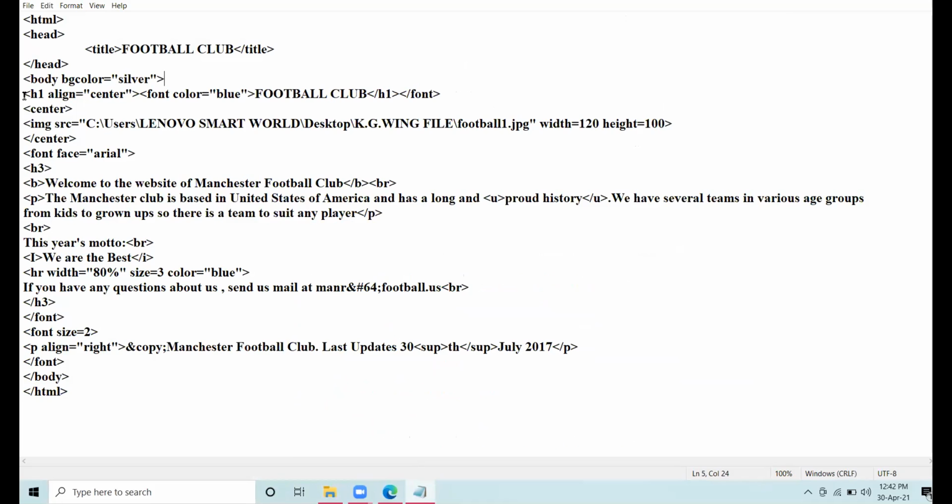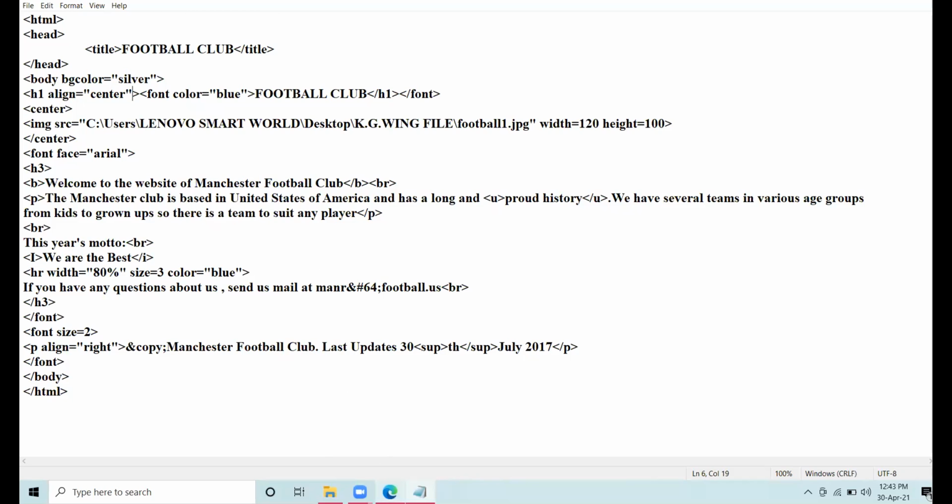All right. So I have taken the body background color as silver. You can take any background color as per your convenience. I have taken the heading in H1. Preferably the heading must be prominent, and to have a prominent heading, we always prefer the highest heading element, which is H1. Every heading element has only one attribute, align, and the value of align I have given is center.